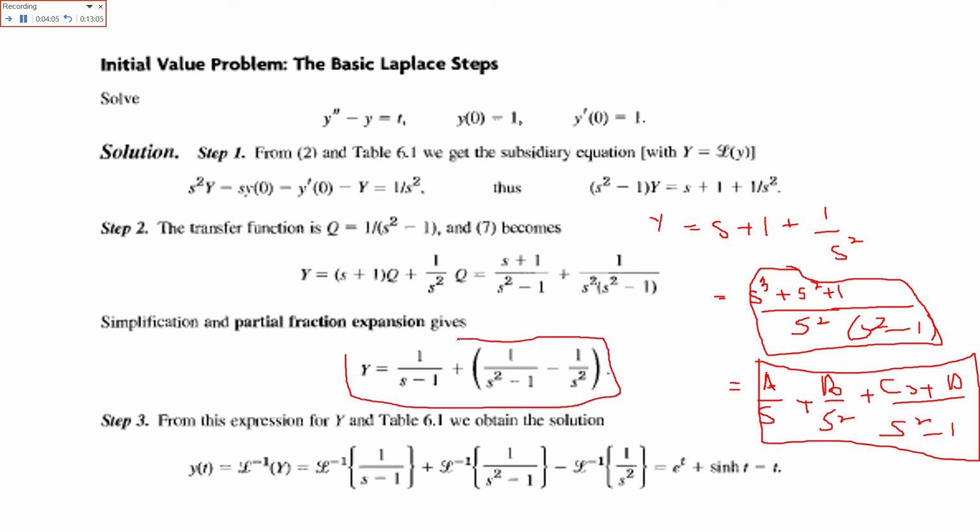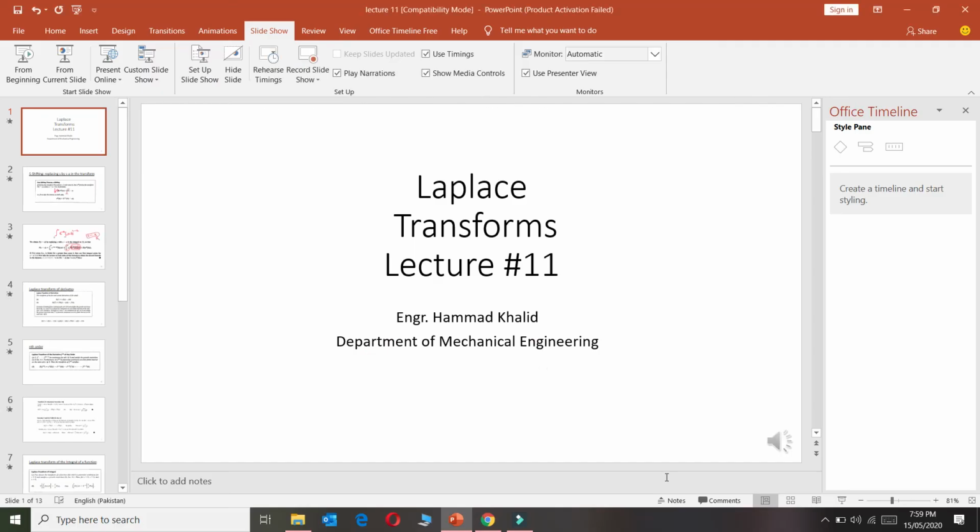So that is how you solve the initial value problems of the basic equations that are Laplace equations. When you get the value in terms of s, then you will take the inverse Laplace of these values and write them in terms of t. So that was all from today's lecture. I hope you have understood the lecture. The numericals and the questions related to these transforms are in the next lecture, from where you will get more idea of how to solve the equations that are involved in Laplace transform.